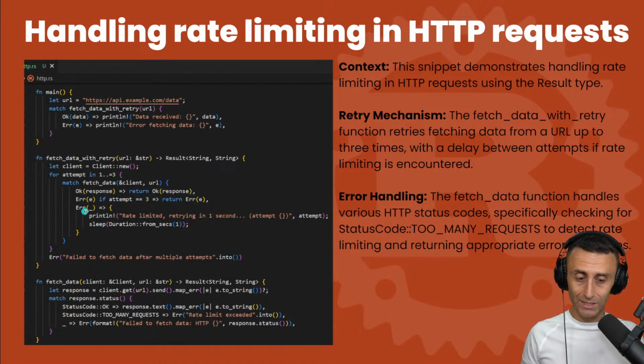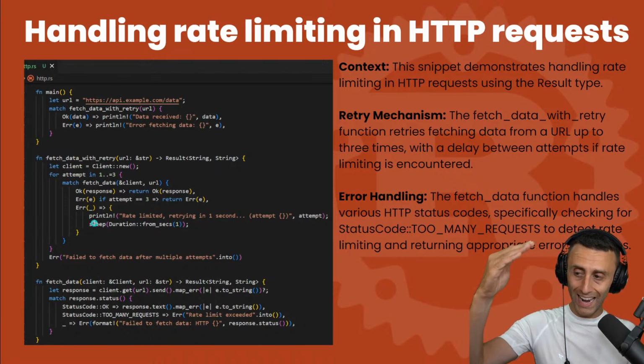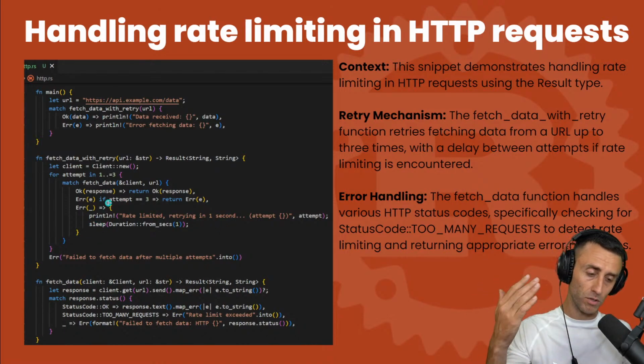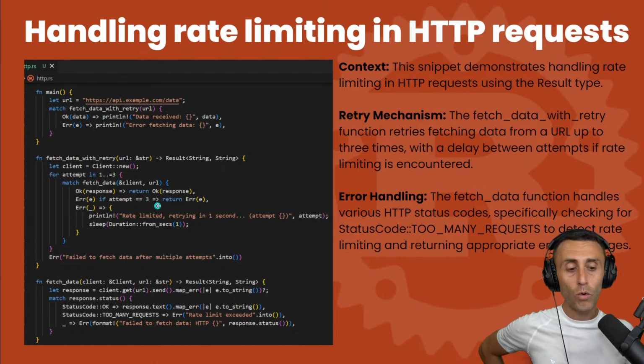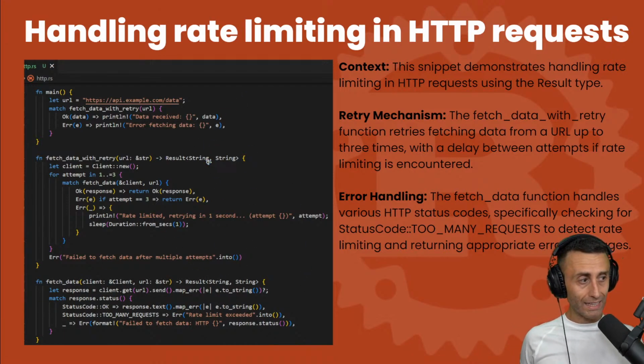Check here. In case we have this error here, this is rate limited, and we retry after 1 second. You see, we are handling the error, and in case we fail 3 times, maybe, I don't know, we have network issues and so on, then we return the specific error. Okay, so we have this snippet that demonstrates how we can handle this rate limiting in HTTP using the result